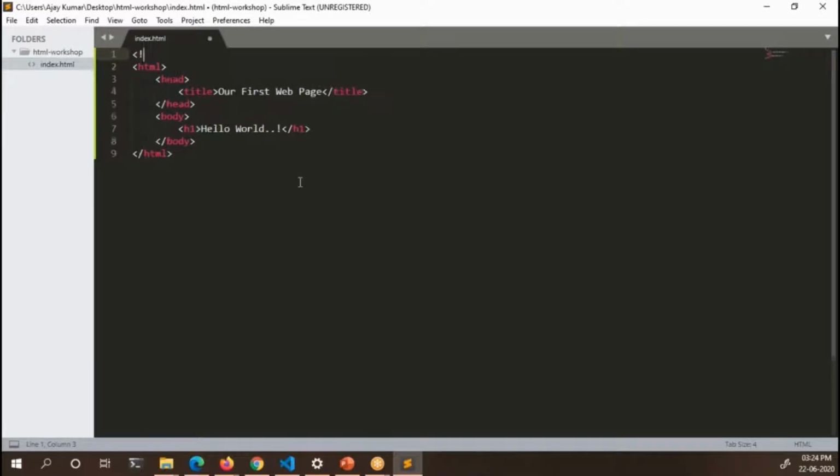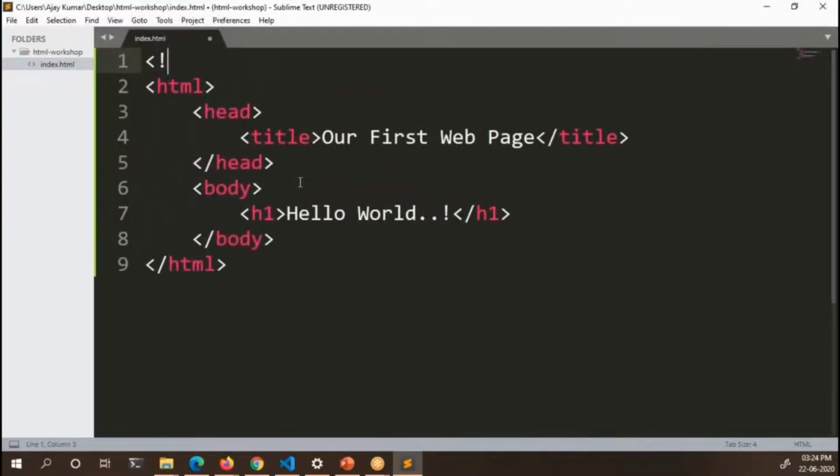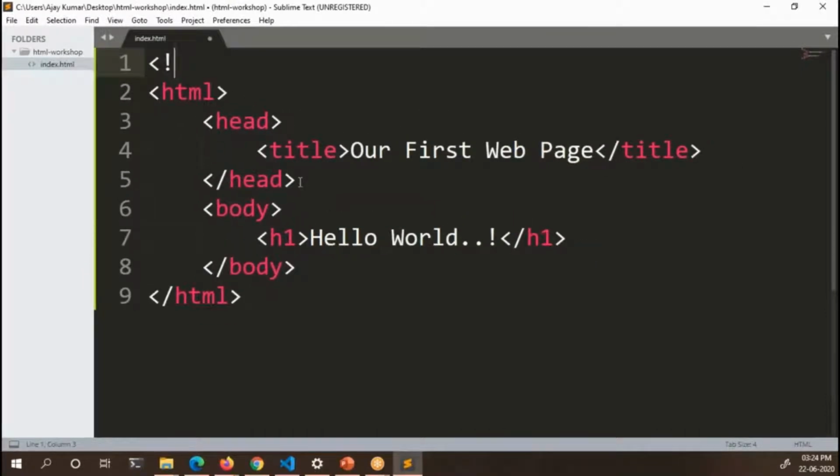Let me increase the size. So doc type HTML. Okay, so the doc type HTML is a declaration which makes this HTML file adhere to HTML5 standard or above. So it is recommended that you always place a doc type.